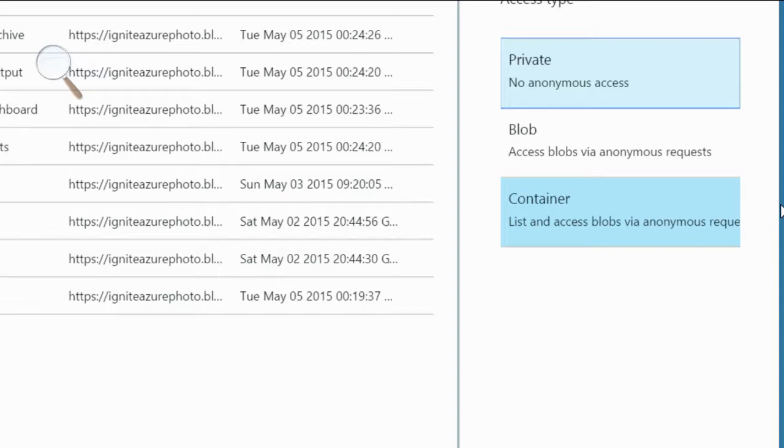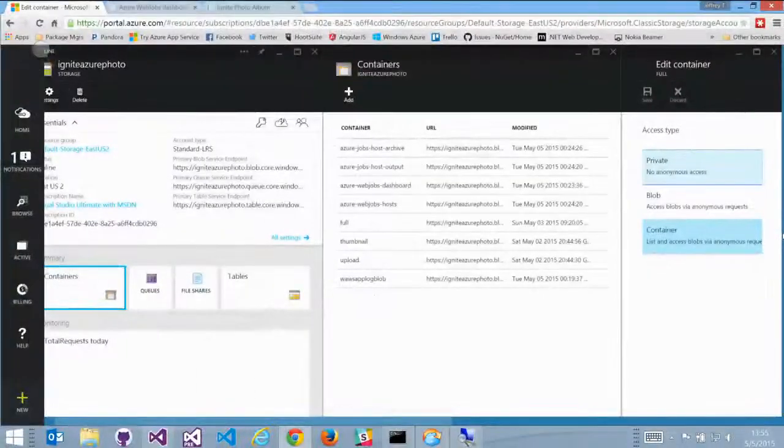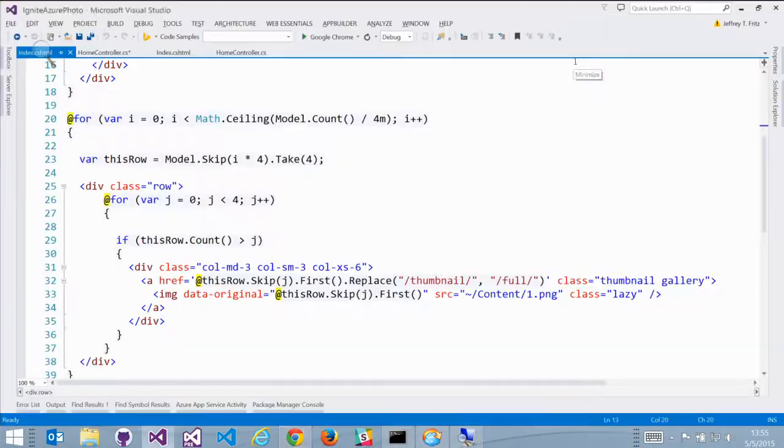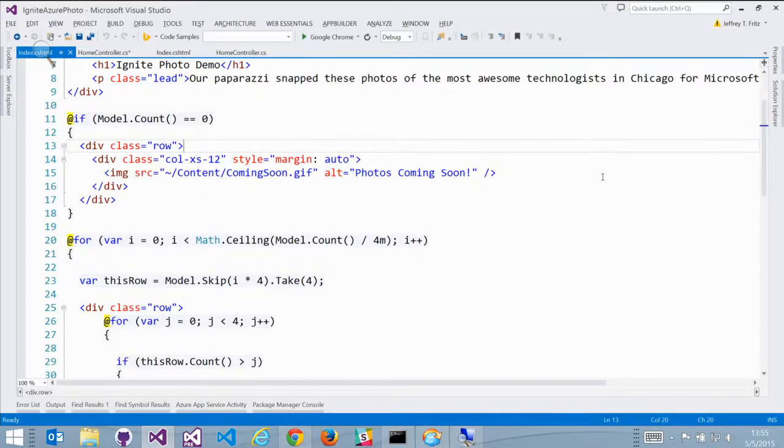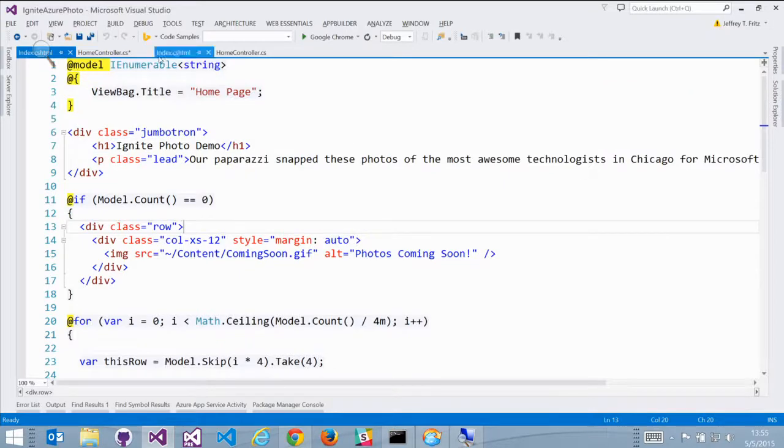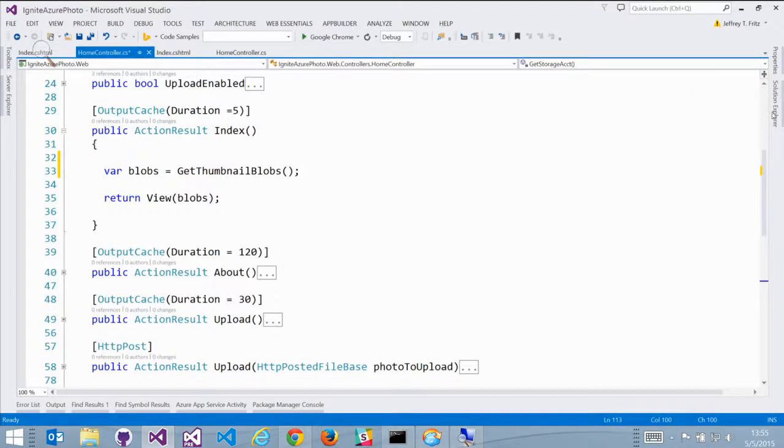I don't really want that because I don't want people to browse it. I want them to come through my UI so I can control things a little bit. So that's how we can define these blob containers. And that's how I'm going to read from them. Now, I'm going to give people the ability to upload. So I put together a simple upload page